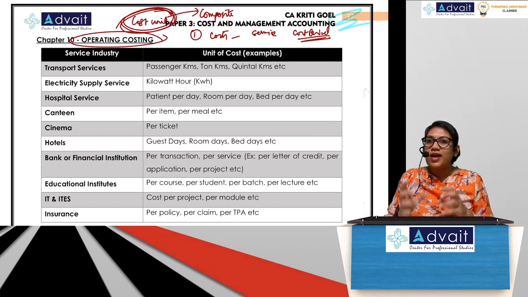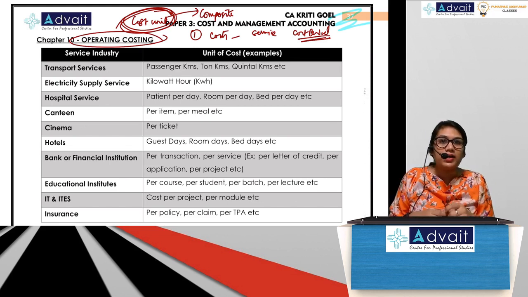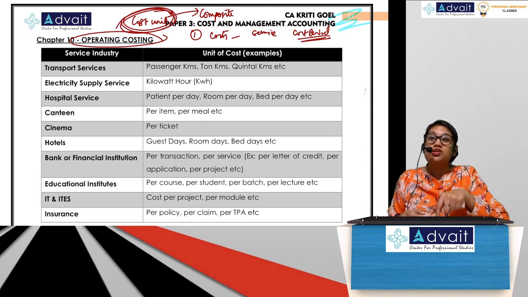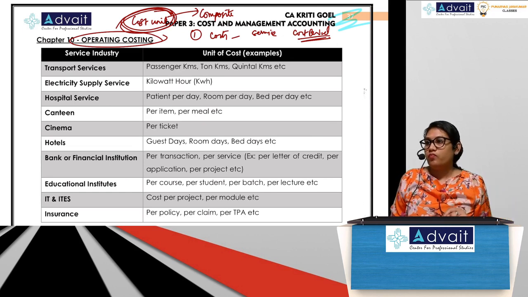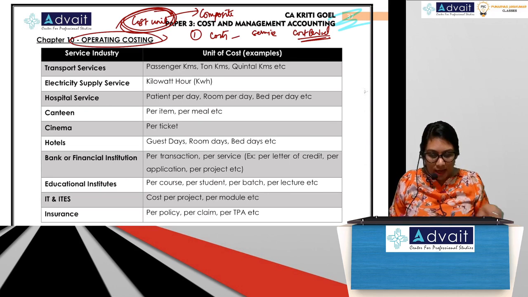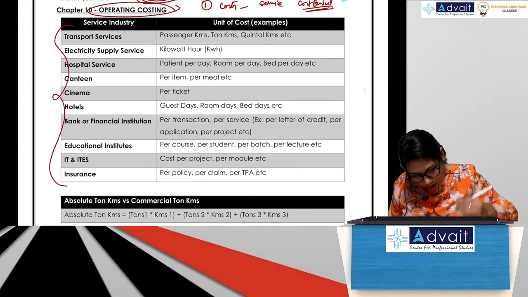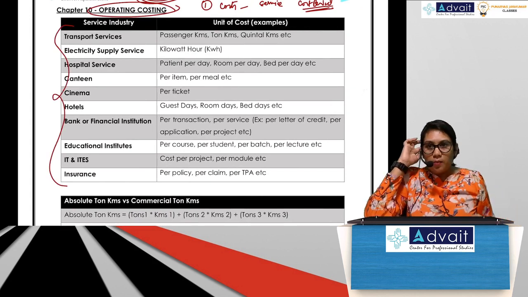Okay, so there it will be passenger kilometers. So per kilometer, what is the cost associated with one passenger? That is what it means. Okay, so I have given you a list of all the cost units that you could use, but of course